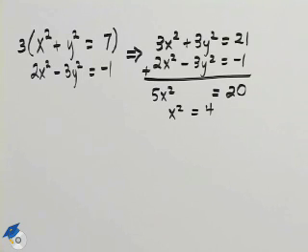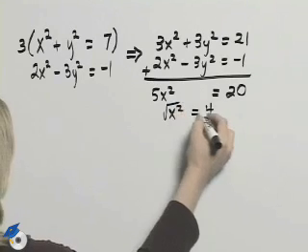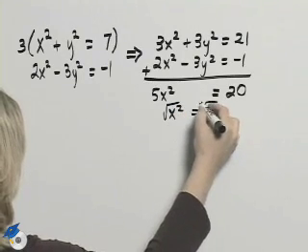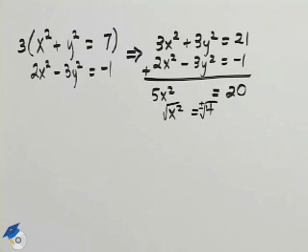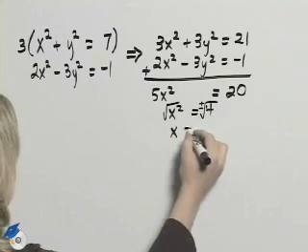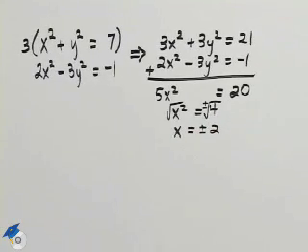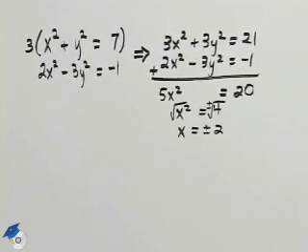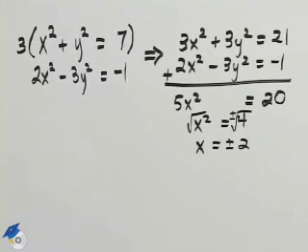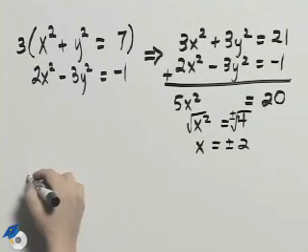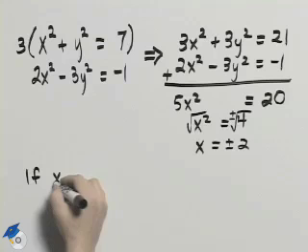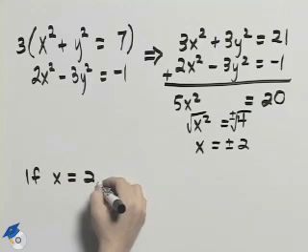And then to solve this equation, we'll square root both sides. Remember, when you square root a square, we get the plus or minus version of that root. So x is equal to plus or minus 2. Now we need to determine the values for y when x is each of those values. So if x is equal to 2,